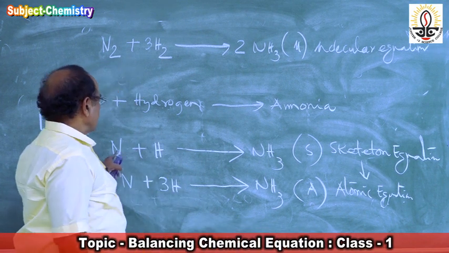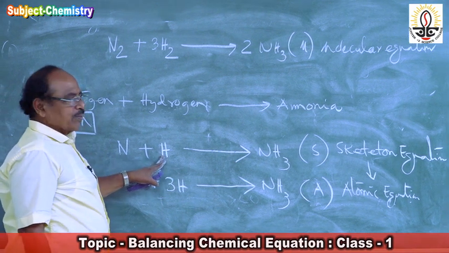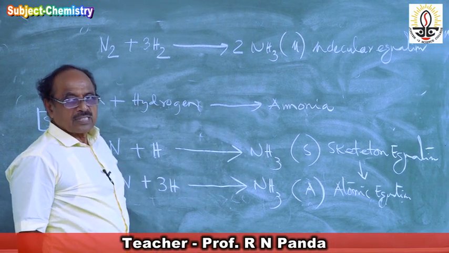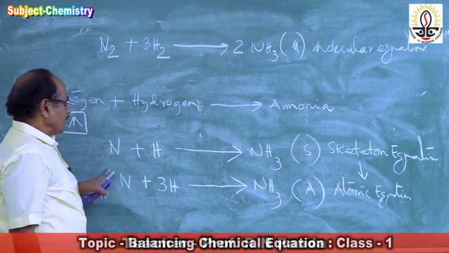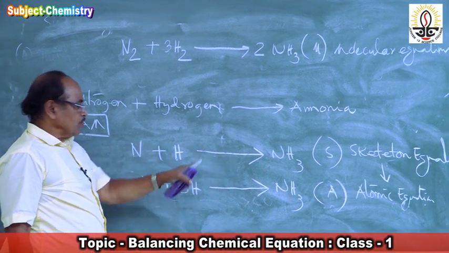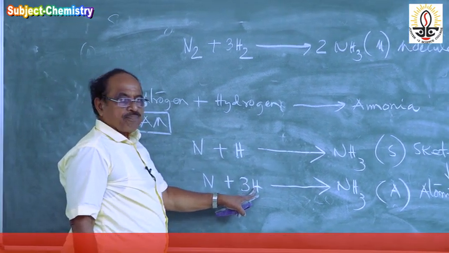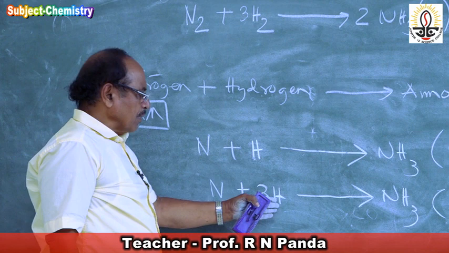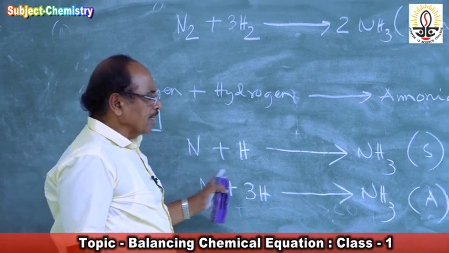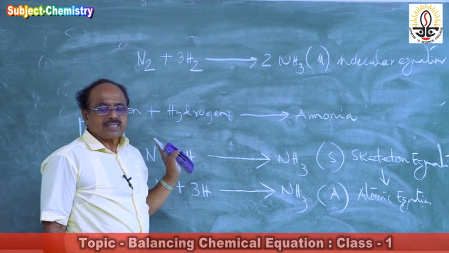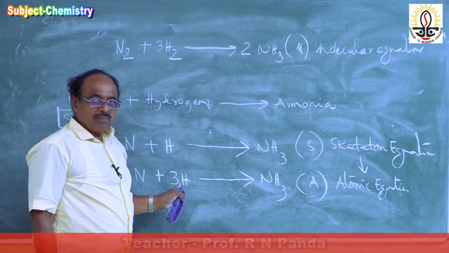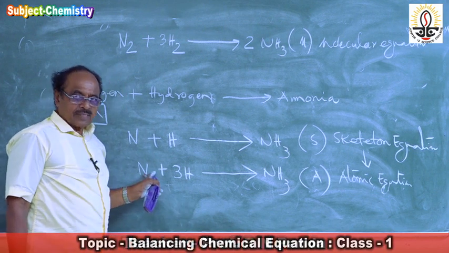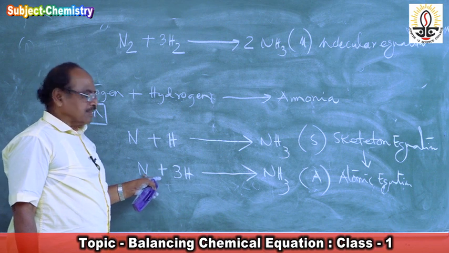What I did, I wrote first nitrogen, N, hydrogen, H, then ammonia, NH3. So this is my skeleton equation. Then what has happened? There are 3 atoms of hydrogen, so they should be equal. So 3H, and ammonia. So this is the equation now. This equation has the number of atoms of reactants equal to the number of atoms of products, but it is not a balanced equation. I will put it in a chemical form. Why? In chemistry, nitrogen is an atom, but nitrogen is an elementary gas.